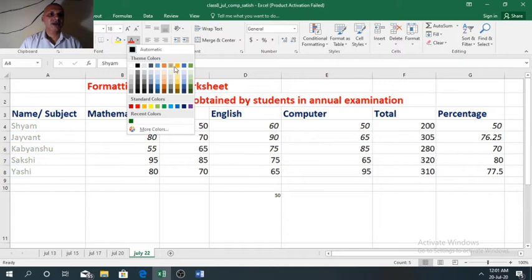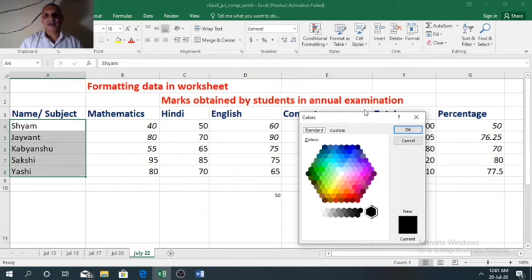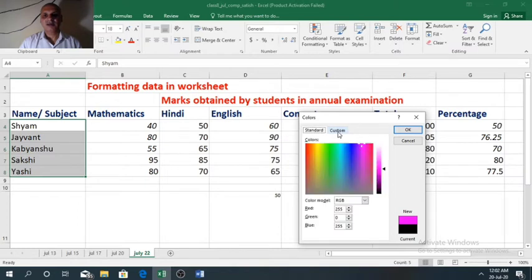As you move your pointer over any color, its preview is visible in the sheet. If you are not satisfied with these colors, then go to more color option. A dialog box will open. Here you have many colors. You can choose any color of your choice. In standard, in custom, again you have many choices.